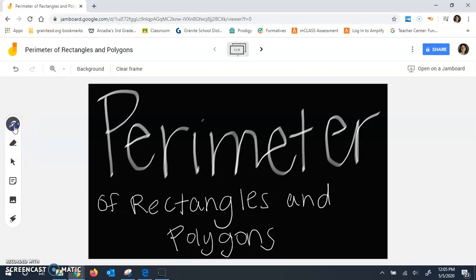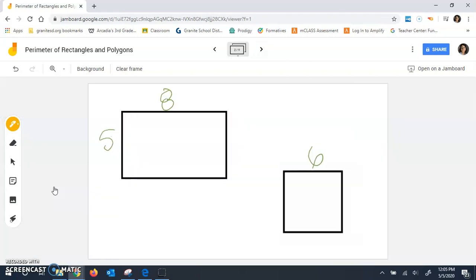Welcome. In this video, I'm going to be teaching about how to find the perimeter of rectangles and polygons. Before we start on that, let's review what a rectangle is. A rectangle is a four-sided shape, a four-sided polygon actually, and you need to add all the sides in order